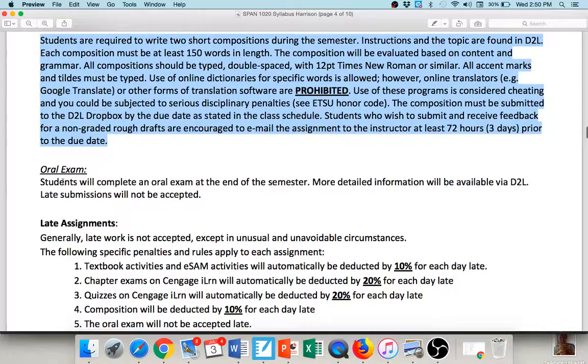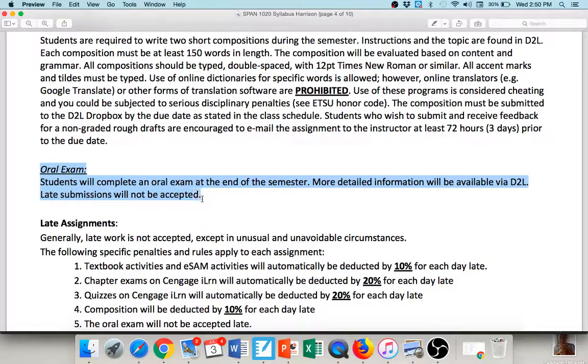The oral exam is going to work a little bit different this semester. So if you just finished Spanish 1 with me, you know that we probably had a Skype interview, and I asked you several random questions, and you responded, and then I gave you a grade based on how you did. Unfortunately, this course coincides with another class that I'm teaching, and that very last week it's going to be very difficult to actually have a face-to-face with you to do the oral exam.